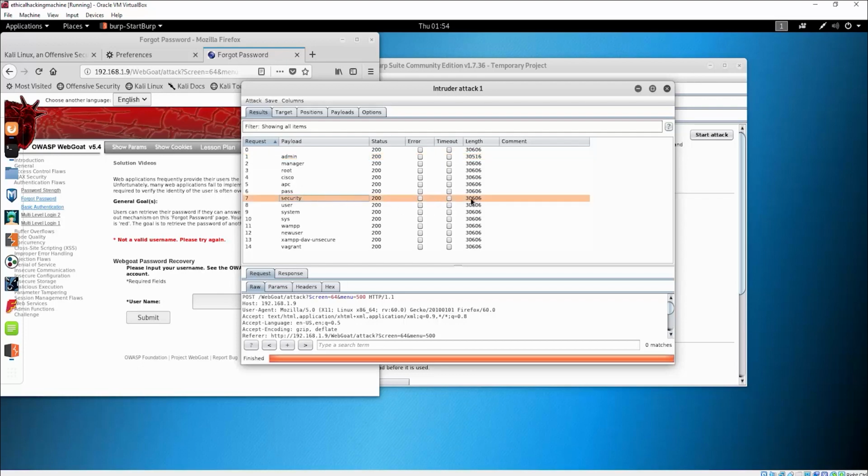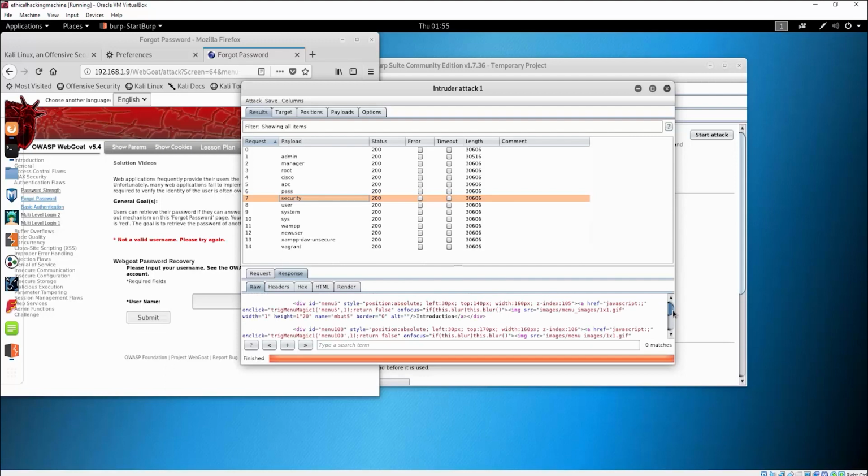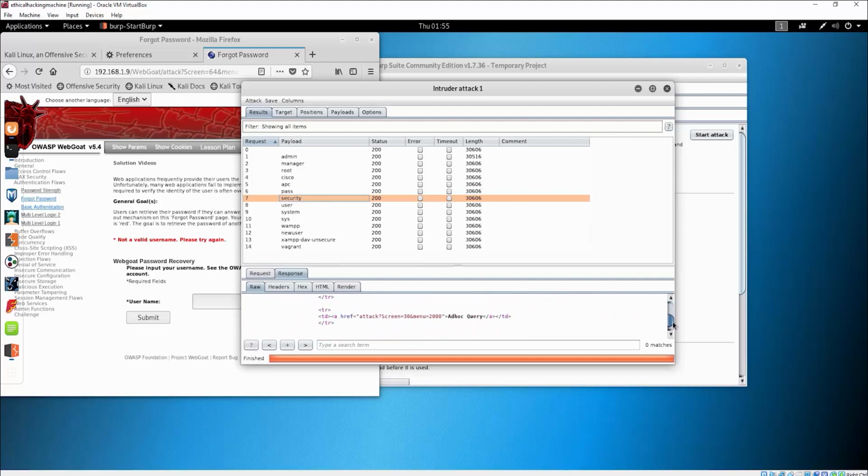Please try again, it will be there. It's just very hard to find since this is a huge HTML file. It doesn't even matter, so just find the username that has different length,